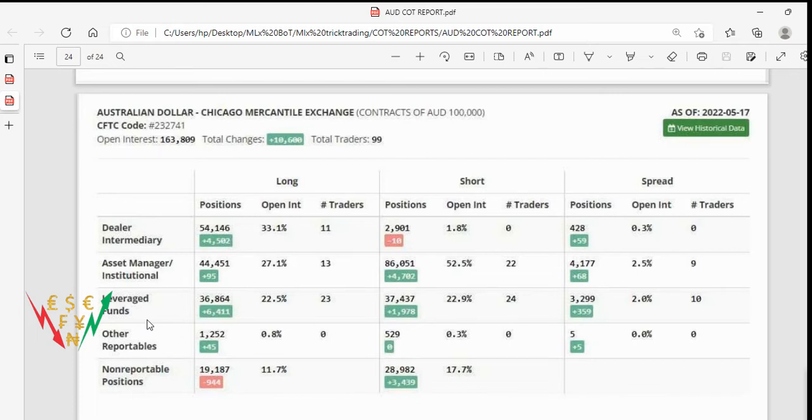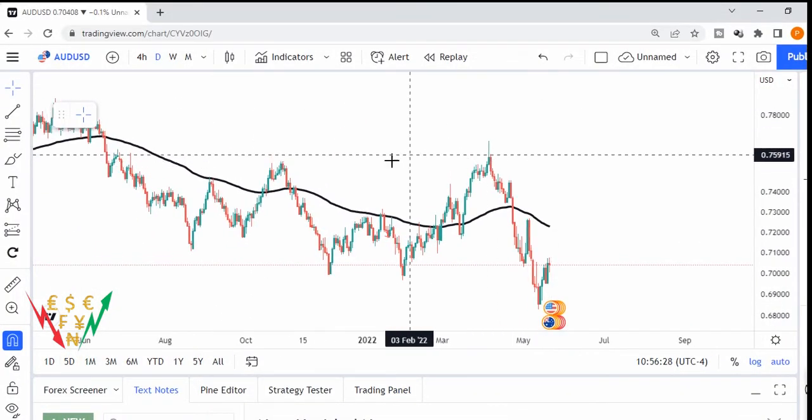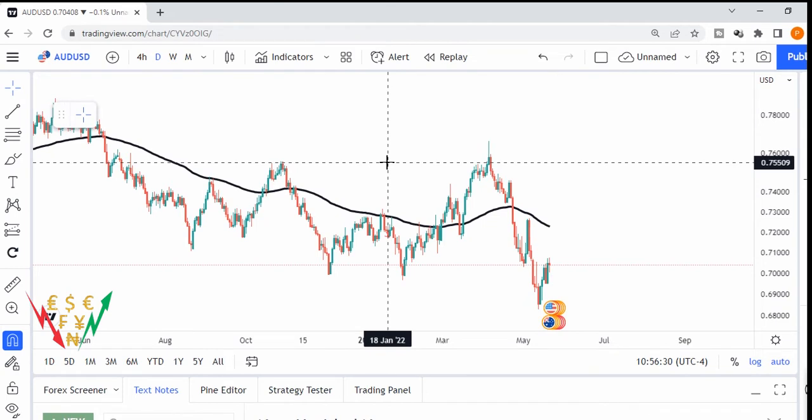So for next week, guys, the report that may come out Tuesday next week, we're expecting that short positions will be added. The leverage funds and others will be adding short positions on the Australian dollar and long positions on the US dollar. Now remember, guys, also in the sentimental scene, the equities from the US are falling, right? The US 500 from Friday closed bearish, and the US 30 also did the same.